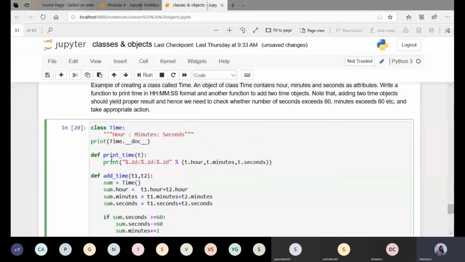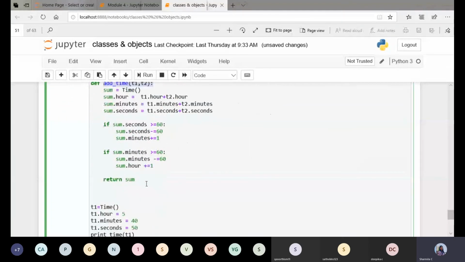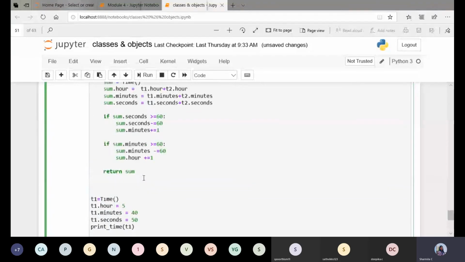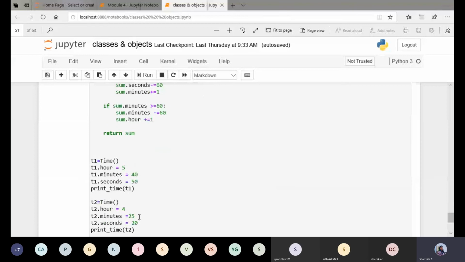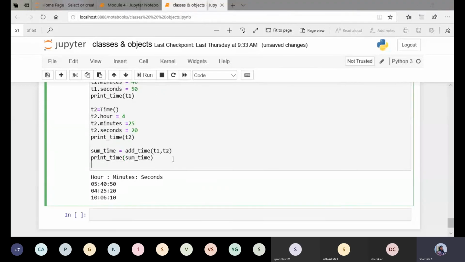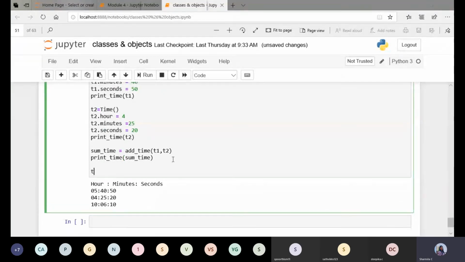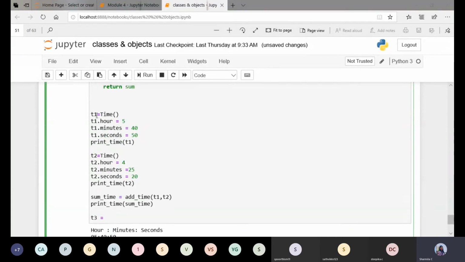Now the function we have defined here is called a pure function. Now to demonstrate one more type of function, that is modifiers, I'll take one more instance of time, t3, which I'll copy exactly from t1.